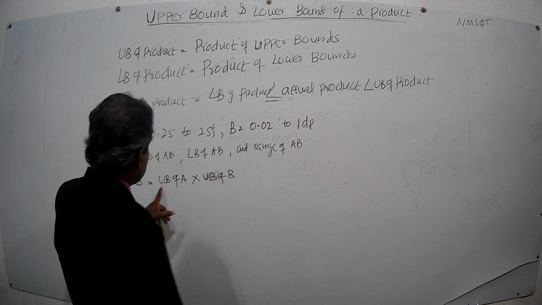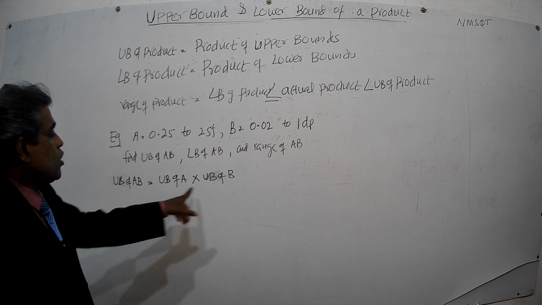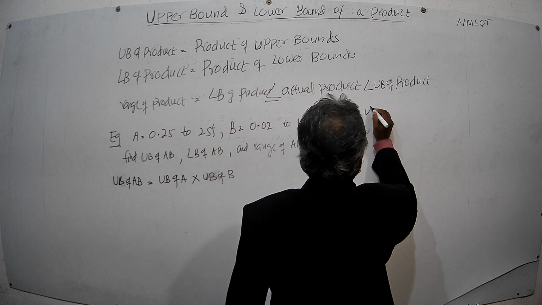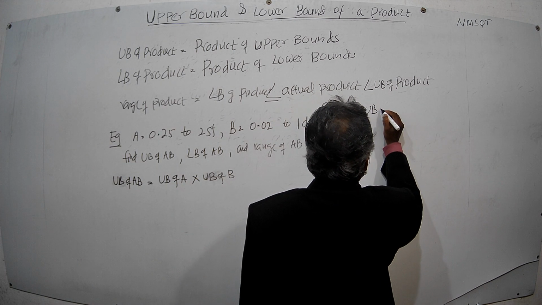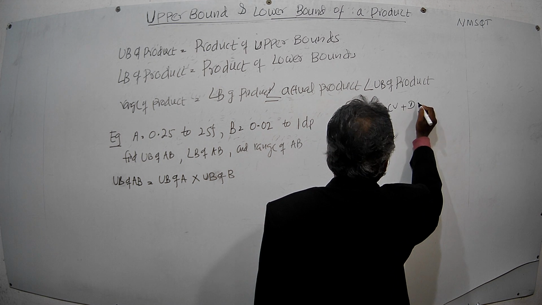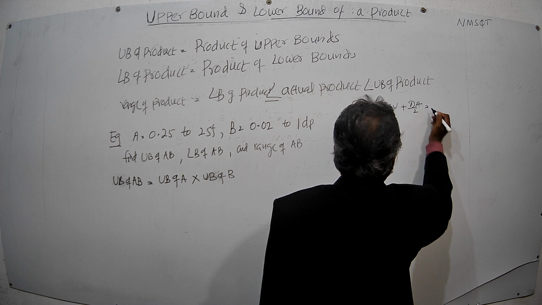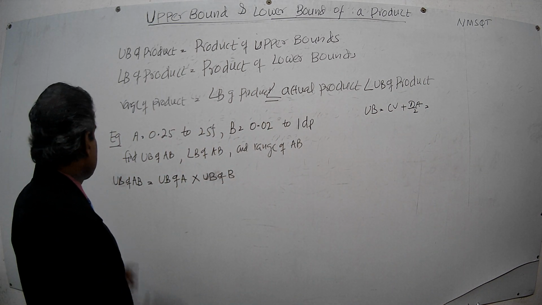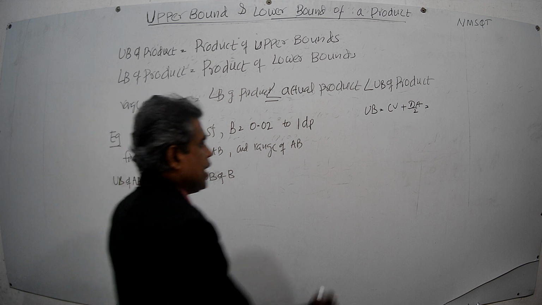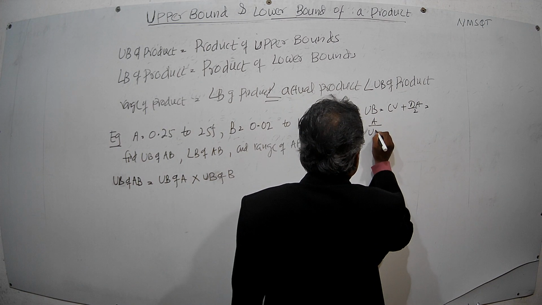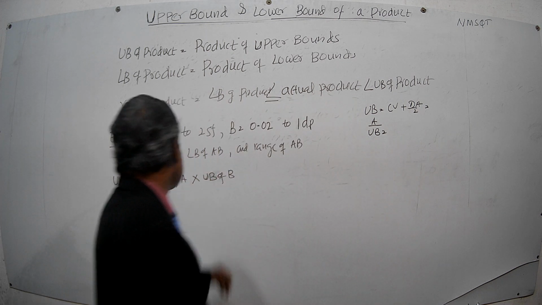Now we need to find the upper bound of A. We need to find the upper bound of B. We will find that like this: upper bound equals how much? Corrected value plus degree of accuracy over 2. Then we substitute the corrected value of A. Then we will calculate A: upper bound equals corrected value of A, 0.25,